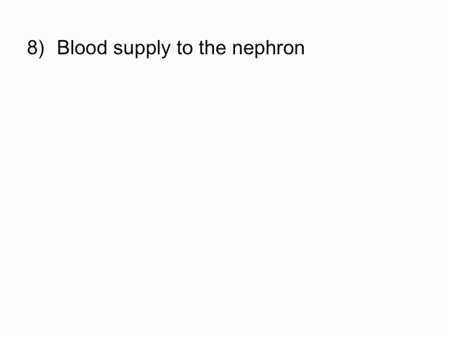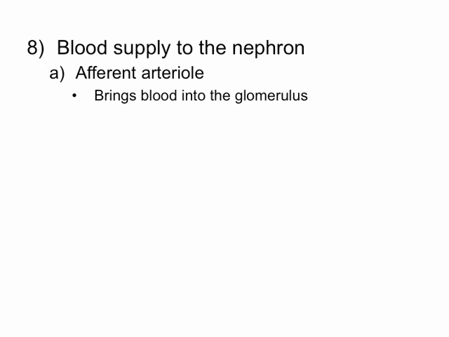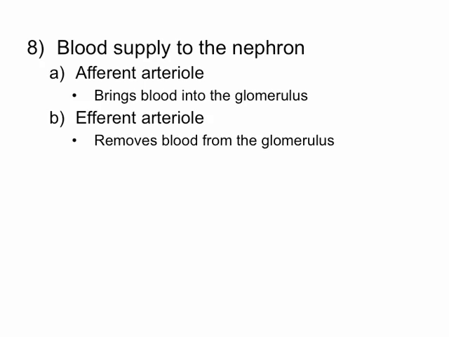We're now going to look at the blood supply to the nephron. If in fact the nephron is doing the filtering, we've got to get blood to the nephron to be filtered. The first of these is called the afferent arteriole. It brings blood directly into the glomerulus. The efferent arteriole then is going to be taking blood away from the glomerulus. So afferent arteriole brings blood in, it gets filtered into Bowman's capsule, and the remaining blood leaves through that efferent